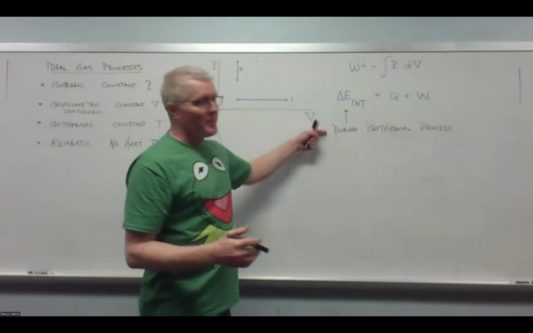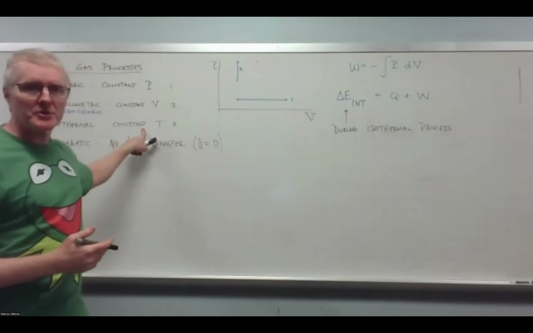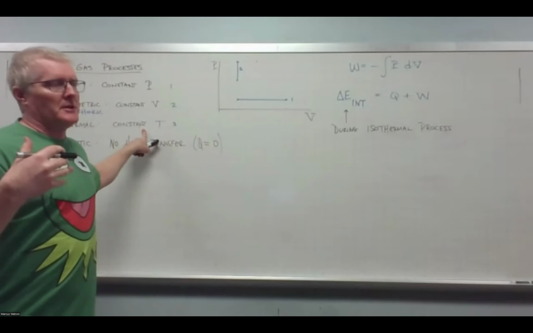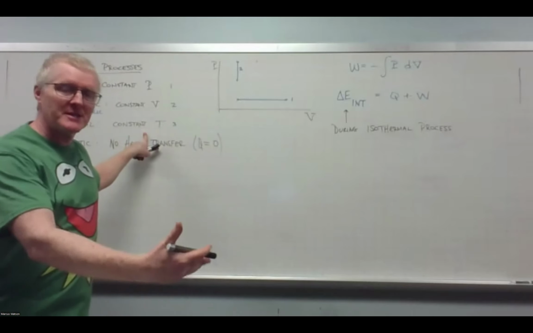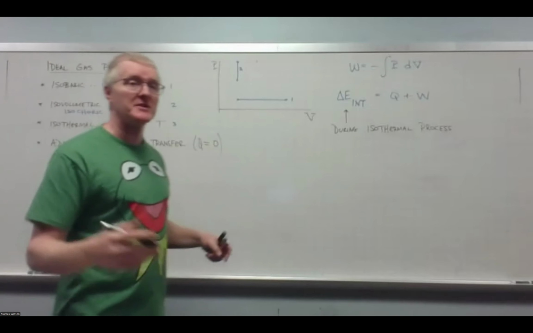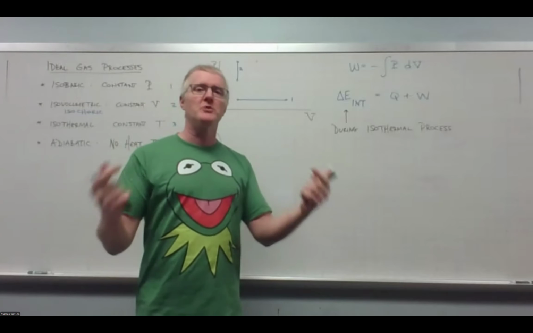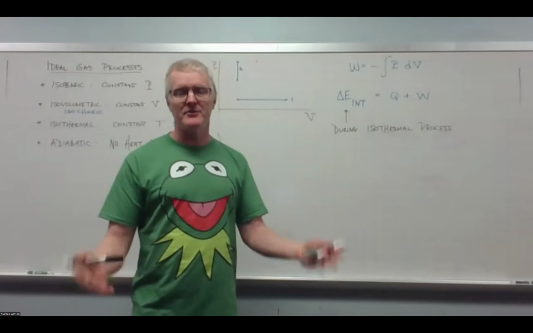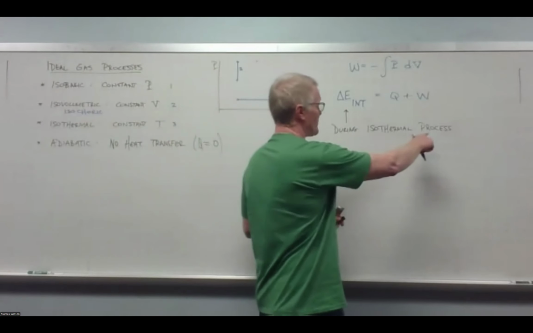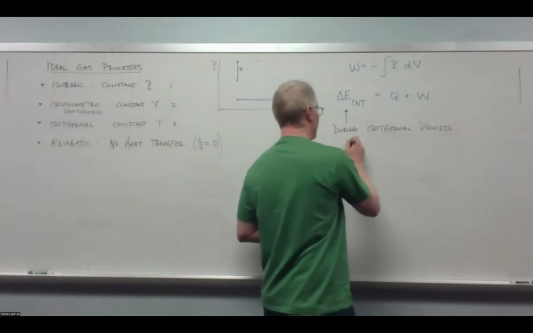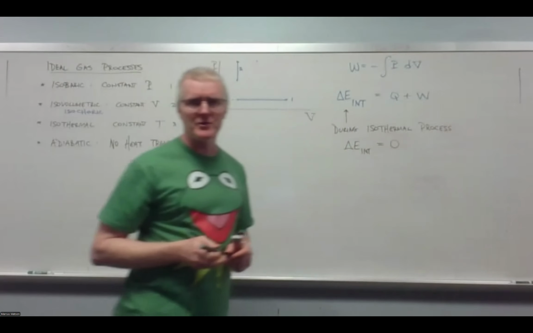So during an isothermal process, the temperature remains constant, right? That's what this means, constant temperature. And the temperature is really the thing that informs what the internal energy is of an ideal gas. This is one of the main reasons why we want to use an ideal gas as a system to study, to use thermodynamics on to see what we can figure out. So during an isothermal process, the energy is constant. The internal energy change is 0